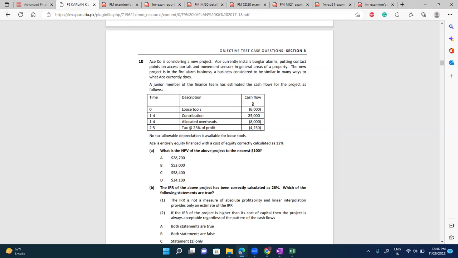ये ईयर जीरो में आ गया 6,000 नेगेटिव, कंट्रीब्यूशन आ गया हर साल 25, 25, 25, 25। एलोकेटेड ओवरहेड्स you will ignore it, एलोकेटेड ओवरहेड्स इररिलेवेंट होते हैं। और टैक्स आपको रिकैलकुलेट करना पड़ेगा 25,000 के ऊपर दोबारा से। नेट कैश फ्लोस फाइंड करेंगे, एनपीवी फाइंड कर लें, बस हो जाएगा सॉल्व। सर टैक्स ऑन कंट्रीब्यूशन किस तरह से आएगा? 25,000 इंटू 25%।